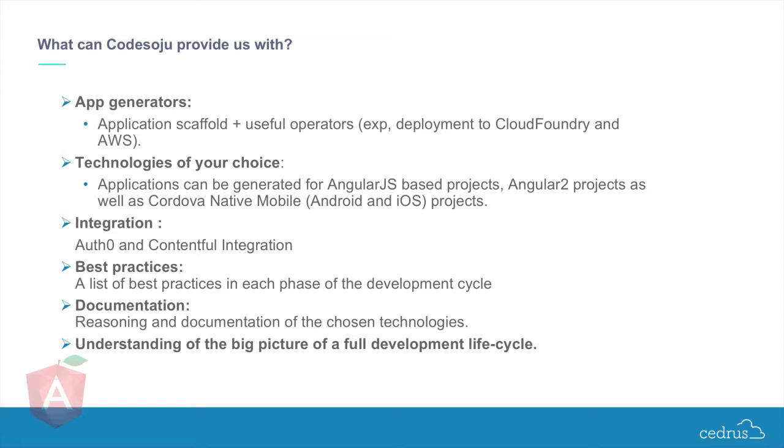Also, when I try to show a customer, I cannot show the customer any functionality without authorization. I cannot say, here is your application, and no one will log in, and will be able to see everything, right? Authorization was one of the challenges usually when you build an application. So we used Auth0, which is a SaaS offer for authorization. And they have very good